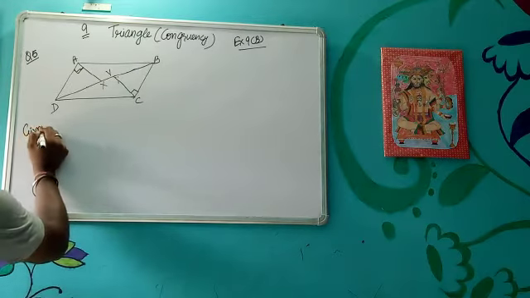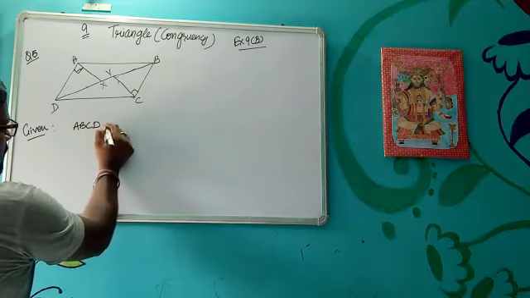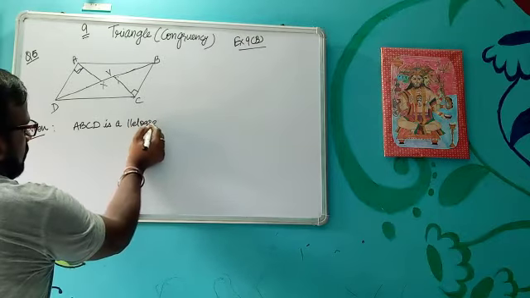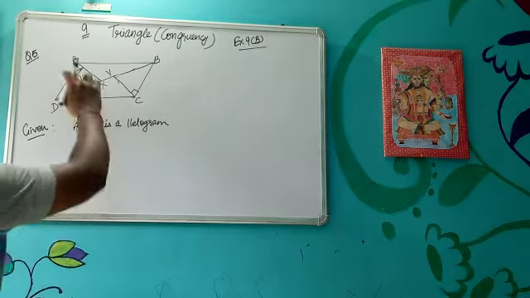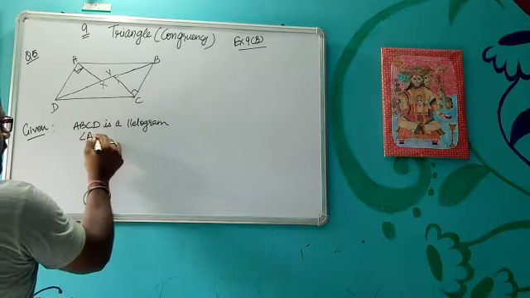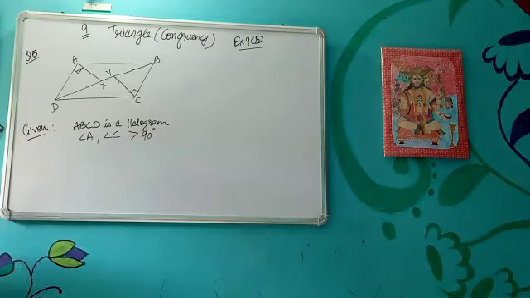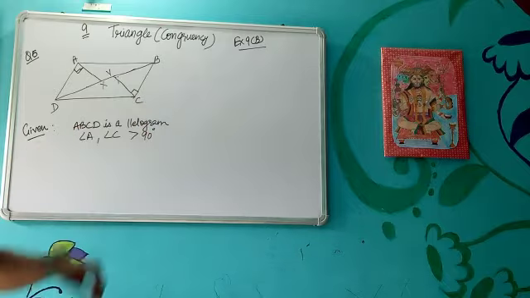So first we will write given ABCD is a parallelogram in which A and C are the obtuse angles. So angle A and angle C both are greater than 90 degrees. So these two angles I have taken as obtuse angles. Then